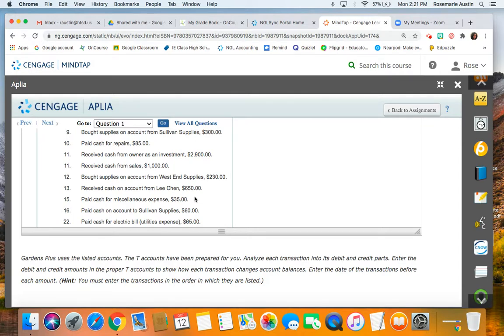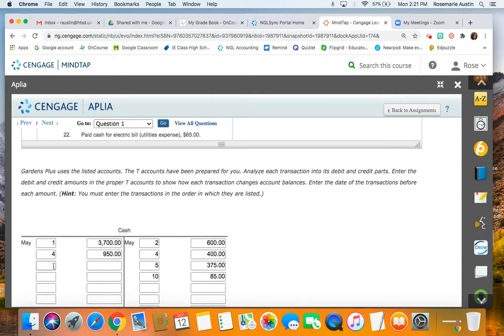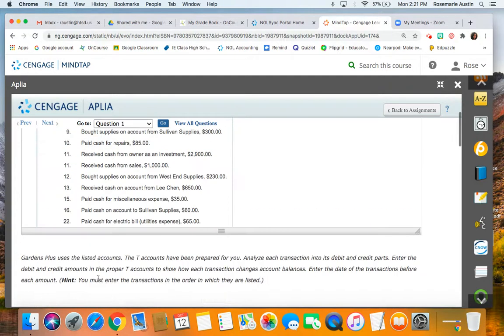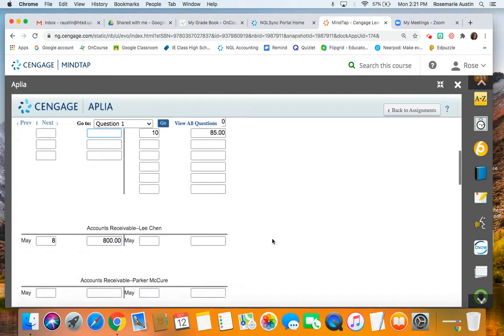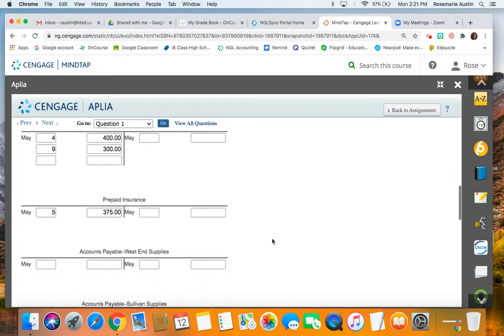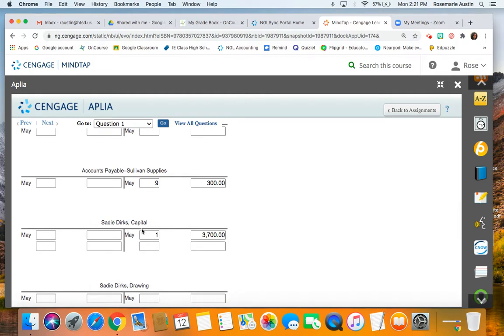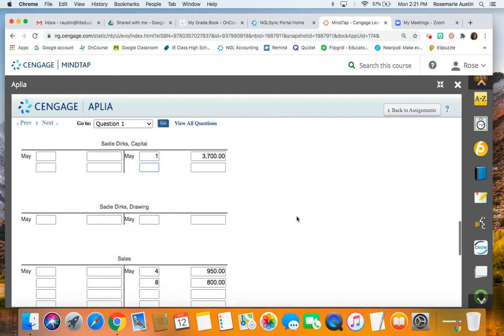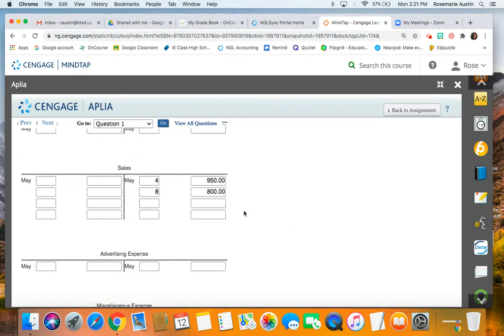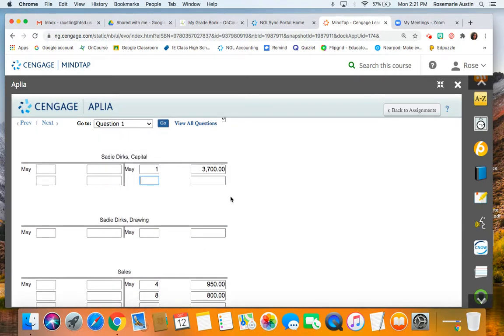May 11th, there's two of them. The first one, received cash from owner as an investment. The two accounts then are cash and the owner's capital account. So May 11th, received cash. That means cash is going to go up with a debit entry. And I think it was $2,900. Let's see. Yes, it was. And then now we need to find the capital account for the owner, and we need to credit that John with $2,900. Let's find it. So Sadie Dirks, capital, May 11th on the capital account. May 11th,